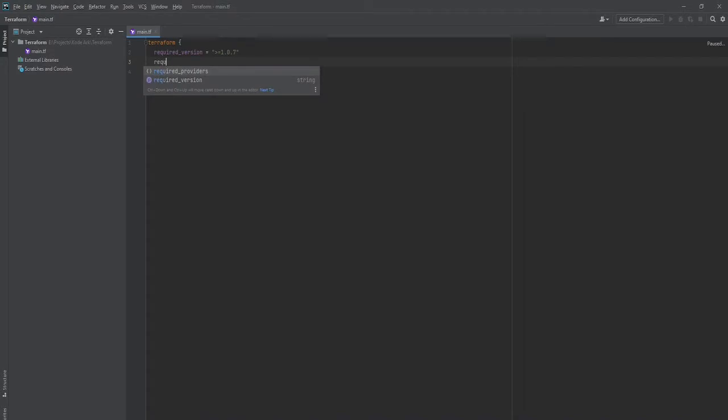Another block is called required_providers, which will ask us what kind of provider you are going to use. And in my case, I'm going to use AWS. There are two ways to write it. Either you can have it this way,